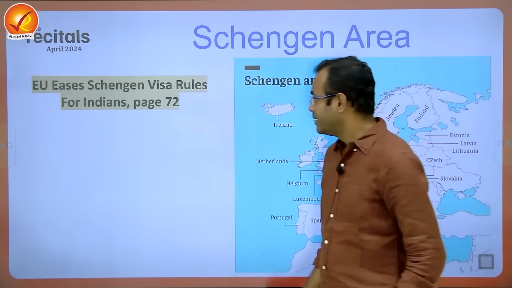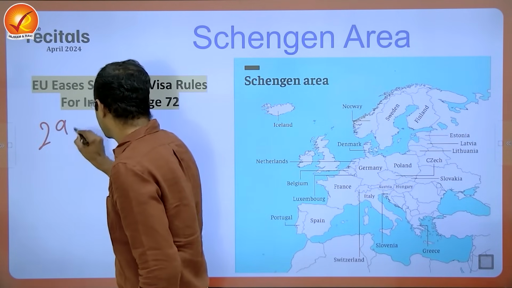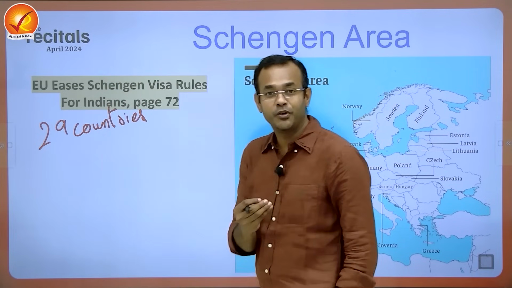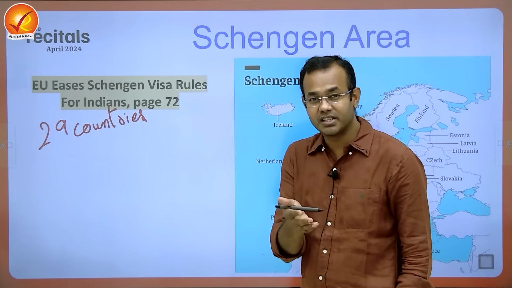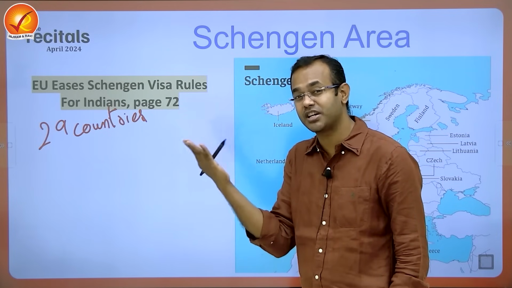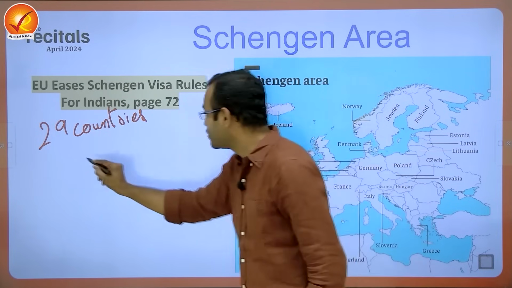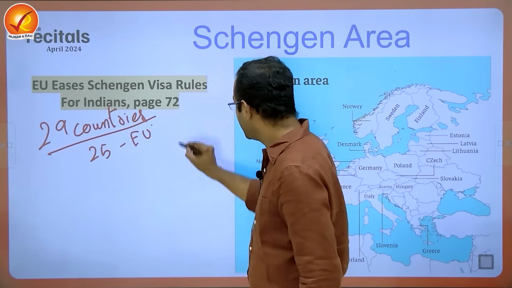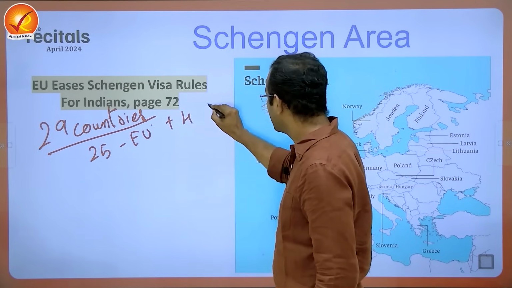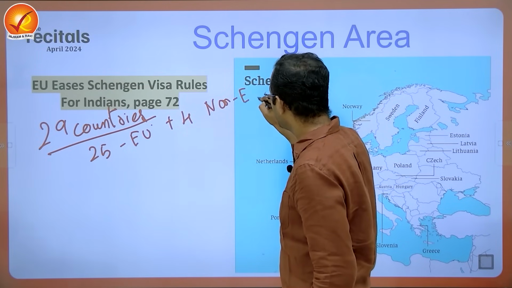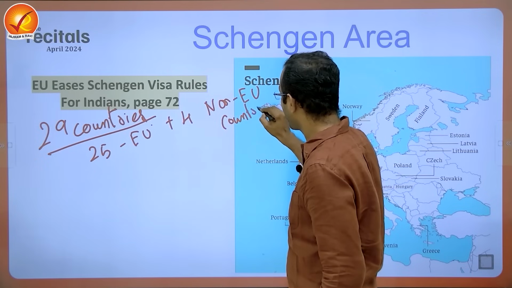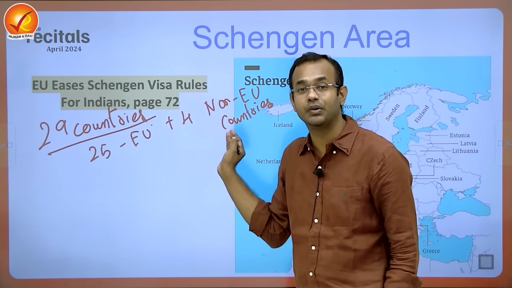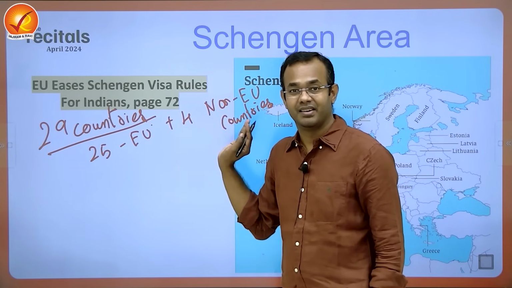Right. The Schengen area has 29 countries. We just discussed that the European Union has 27 countries. Out of the 27 countries, 25 countries agree to the Schengen Agreement and Schengen Convention. So out of this 29, 25 from the European Union will come, right? Plus another 4 countries from non-European Union countries will be there. They are also part of Europe as a continent, but they did not agree to European Union norms.